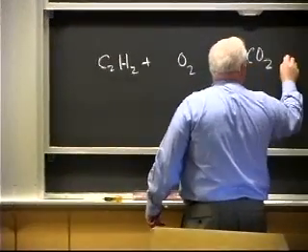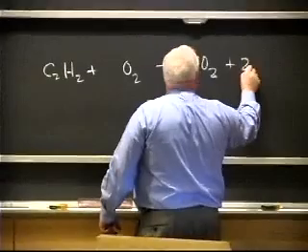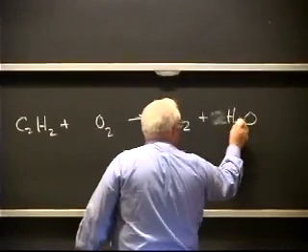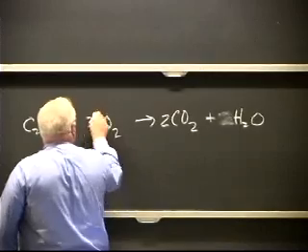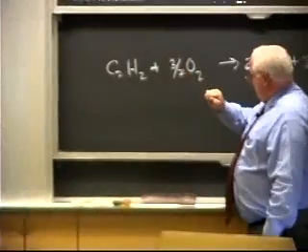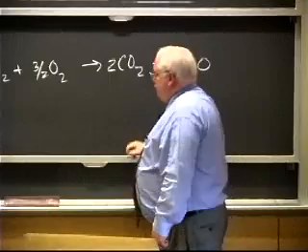It'll be 2 of those plus 1 H2O. So that's going to be, what, 3/2 oxygen? So if I had 1 mole of acetylene and 3/2 moles of oxygen, I'd end up with this, but the